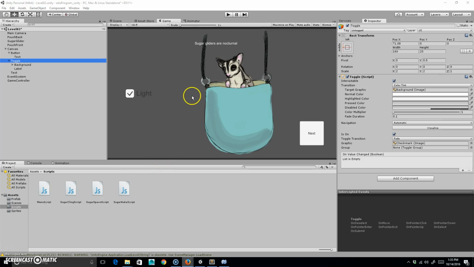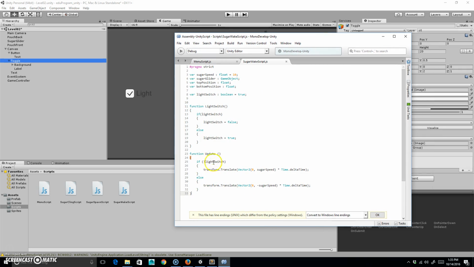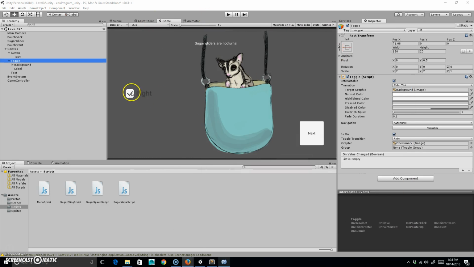All right, so we made our lift script here, and basically what it's going to do is, if the light switch variable is on or false, on the update, which means every frame, it's going to either move it up or down based on that. But there's nothing to turn this on or off. So what I'm going to do is attach the toggle of this, if the value is on, so you can see it's a Boolean,